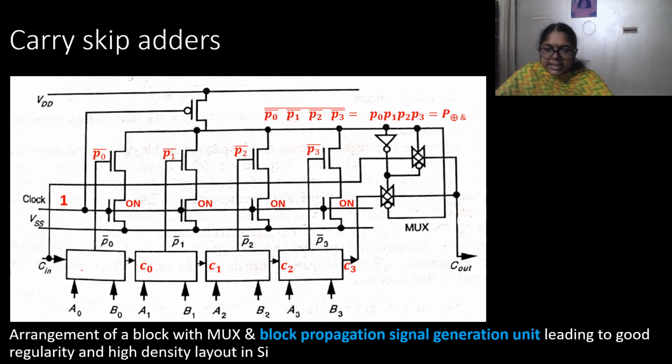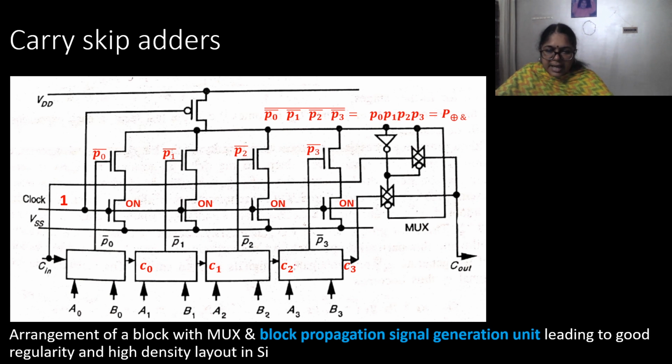So here you can see that we have 4 blocks, to which A0, B0, A1, B1, A2, B2 and A3, B3 are given as the inputs. So each adder cell on the block, whatever it is, it contains one adder. It also contains the XOR operation circuit, which is going to generate the proper complement of the propagate signal. So you can see the first block, A0, B0 are given as the input, Cin is given as the input, so that C0, that is the carry output of the first stage, is being generated. Similarly, P0 bar, that is A0 XOR B0 whole bar, is also being generated.